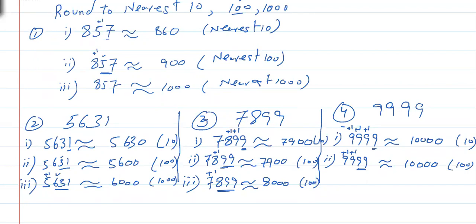Okay. Now the third part is 9999. So when I round it, these are the three digits I have to make 0. 1, 2, 3. So I will add 1 here now because with 3 zeros, I have to look at the third digit. So 9 plus 1 will be 10. So in that case, all are similar because a multiple of 1000 is a multiple of 100, also a multiple of 10. Hopefully now you understood. Okay.